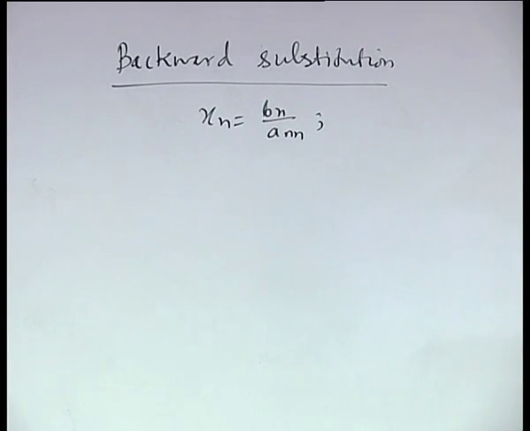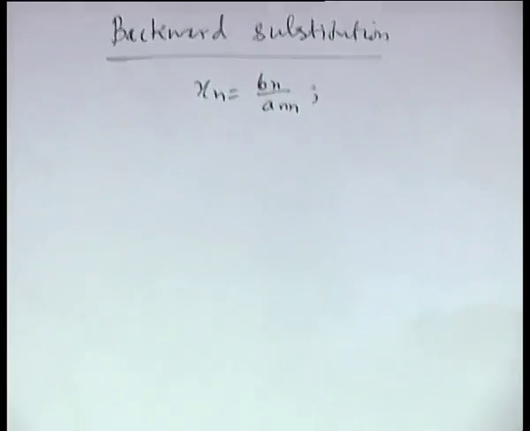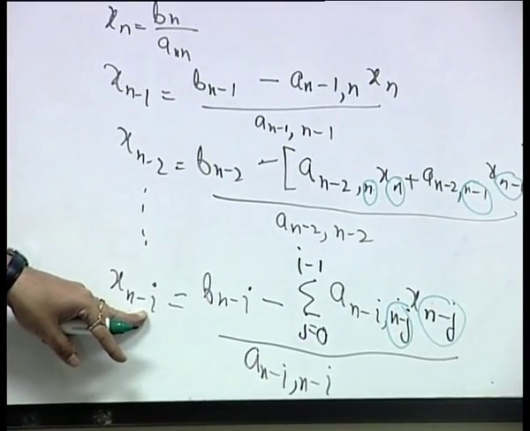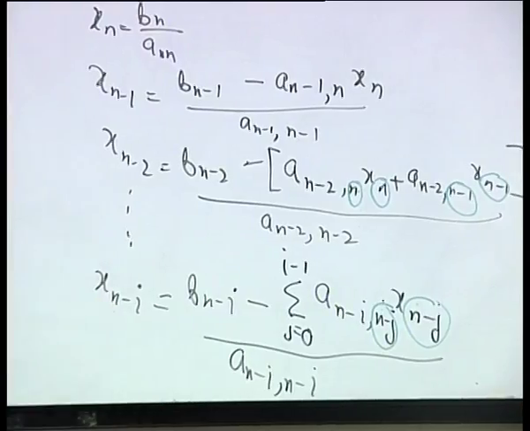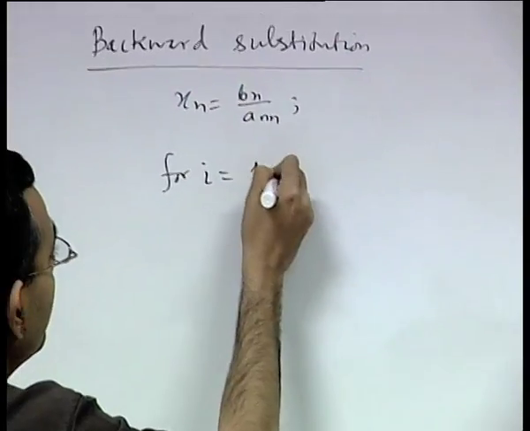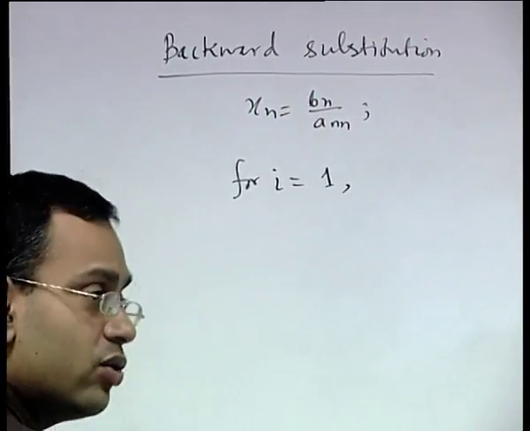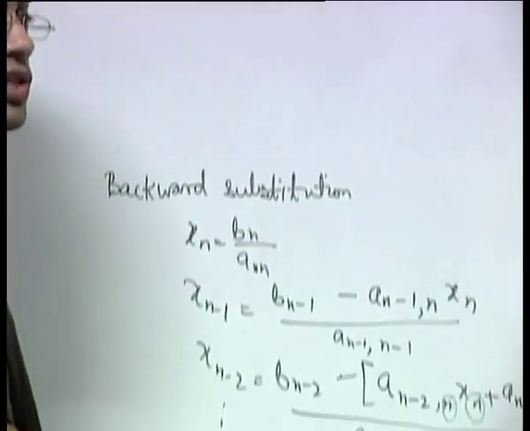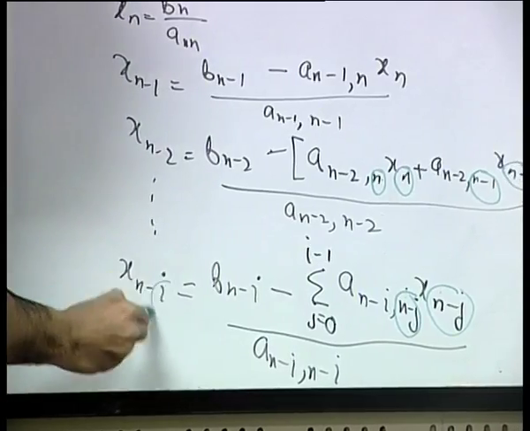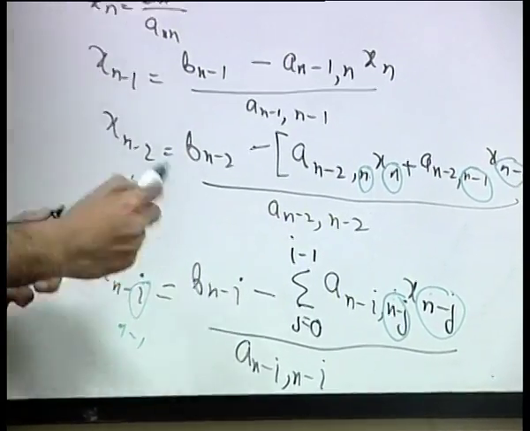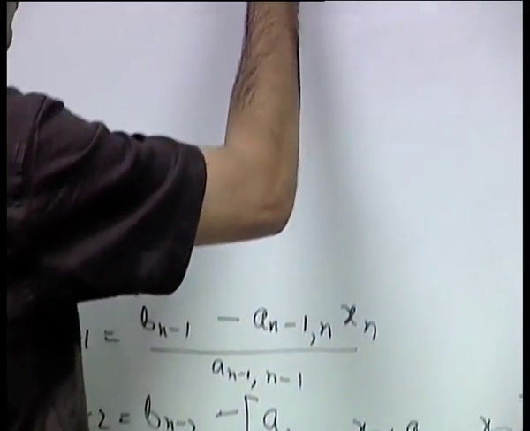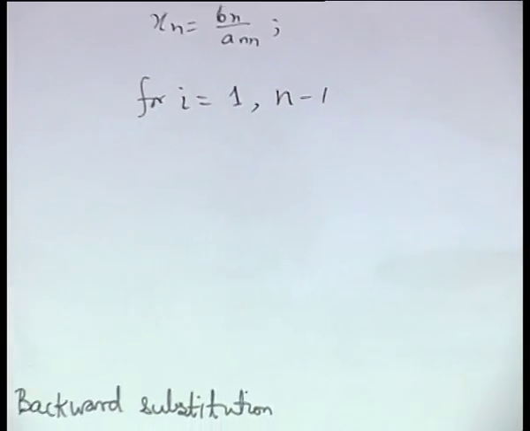Then we start with x_{n-i} calculation. So, i will be starting from 1. So, for i is equal to 1 to what is the last value of x that you calculate? x_1. So, that will become 1 when i is n minus 1. So, for i is equal to 1 to n minus 1,